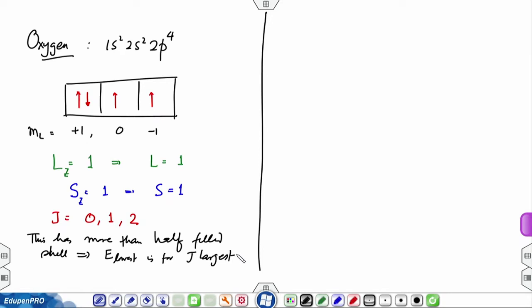largest. So, the ground state configuration is going to be with the largest J. This is again given as 2S plus 1 LJ, and this is going to be 2S plus 1 is 3, L is P, and J is 2. That is the ground state for oxygen. So, what we learned through this is that the basis for calculations